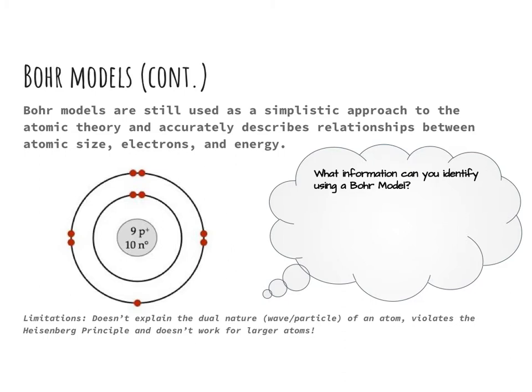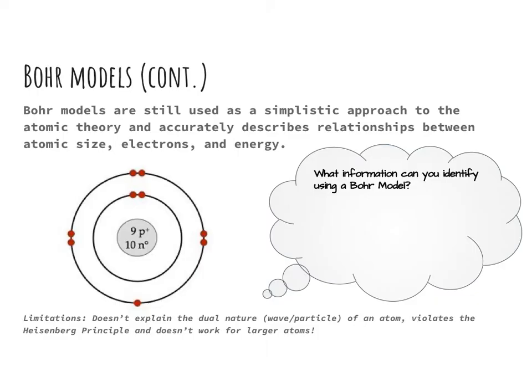Bohr models were proposed in the early 1900s, and they are not the most current atomic models that we have today, but they're still used because they are a really simplistic approach to the atomic theory. And there are some accuracies that are present in the Bohr models. There are relationships between atomic size, electrons, and energy that still ring true from the evidence that we know. However, there are limitations to models because we don't know everything, and evidence is always being collected,